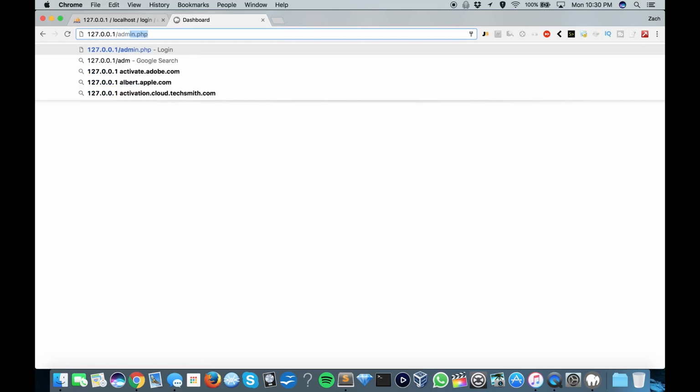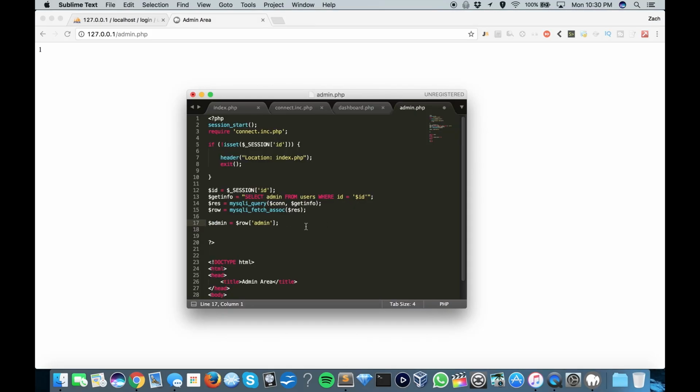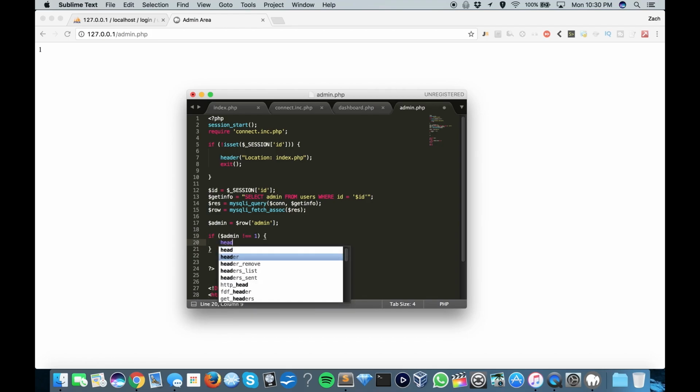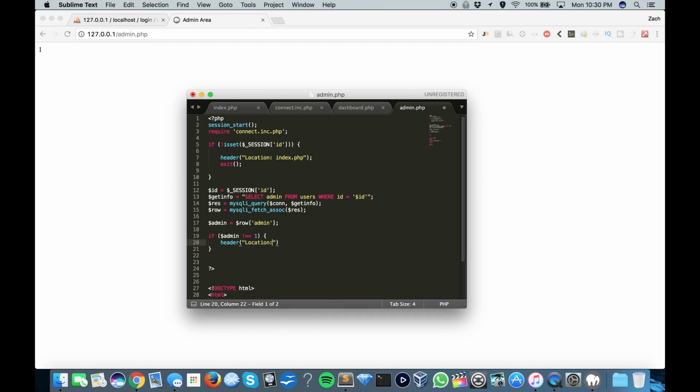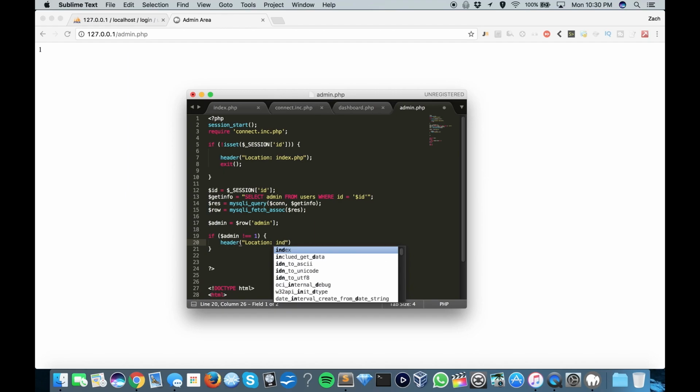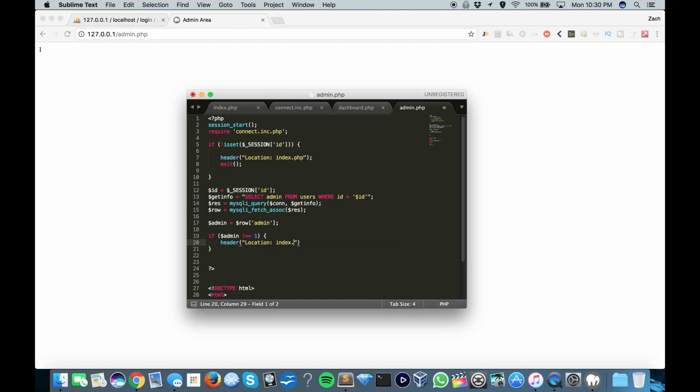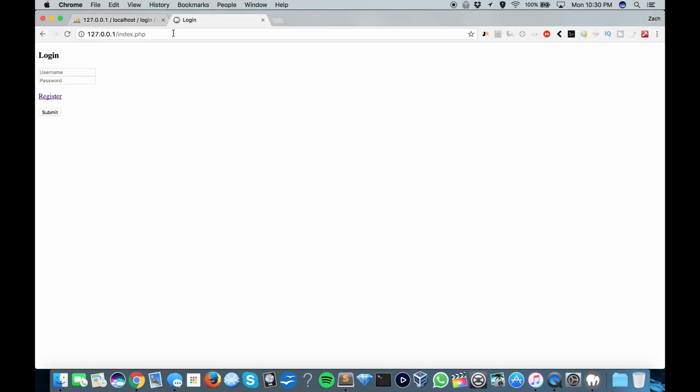Okay, admin.php. Yep. Okay, so we've got a 1. What we're going to do now is create an if statement: if admin not equal to 1, header location index.php, exit. So now